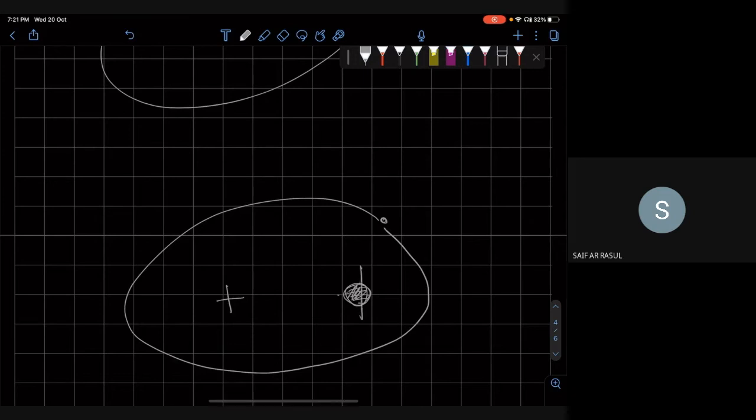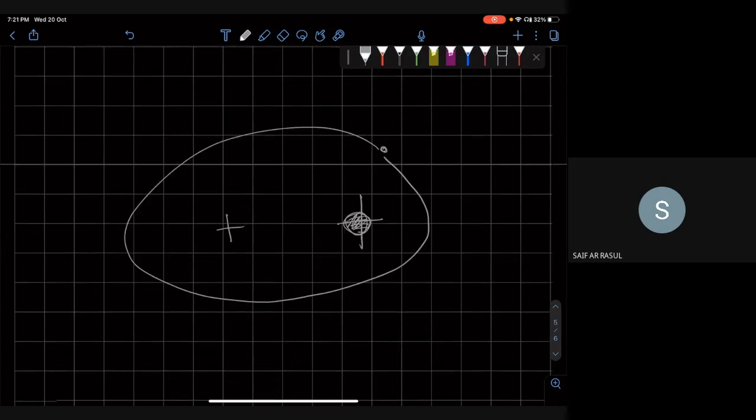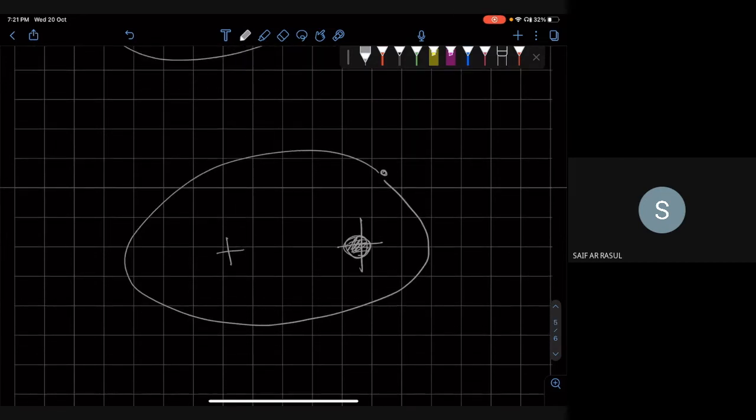So these are the two foci of the ellipse. Because the Coulomb law is also an inverse square law,